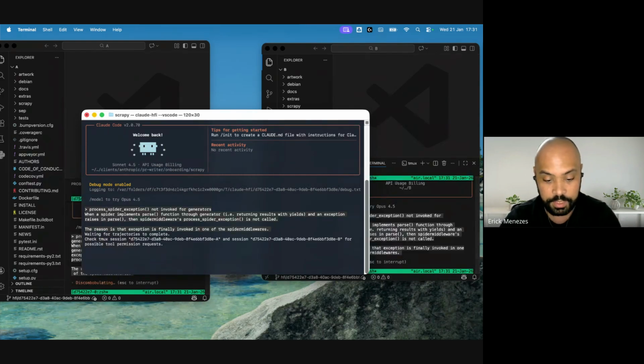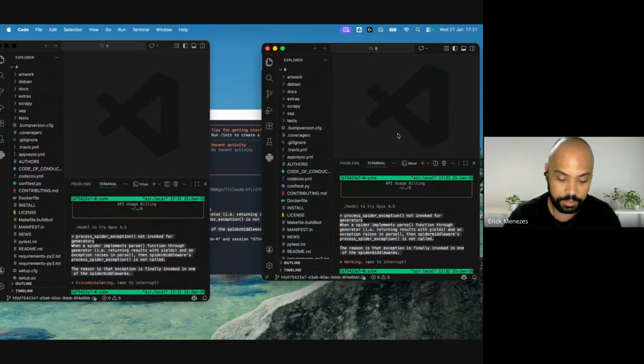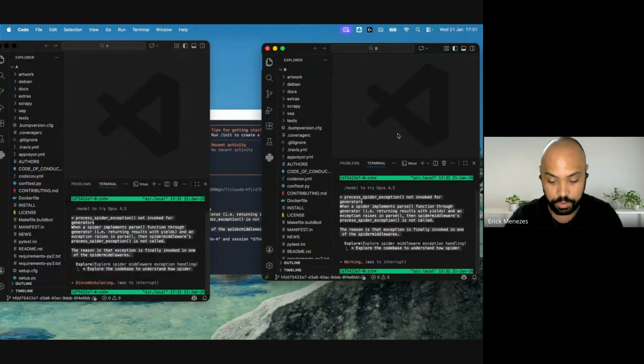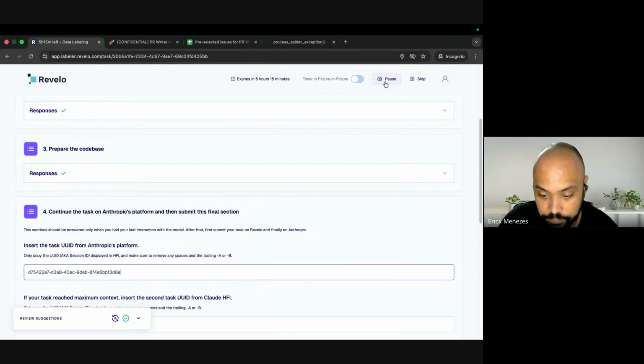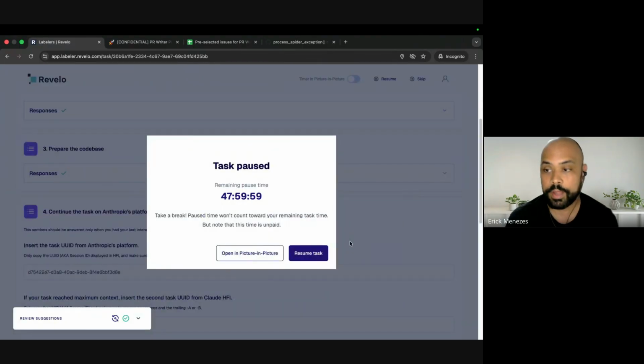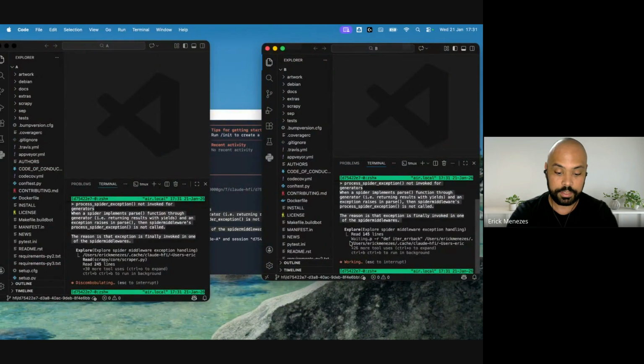Now they have started thinking. You can see here a lot of things. And now what you have to do while the models are thinking, you have to come here to the platform and you have to pause the task. Why are we pausing the task? Because now we are not doing any actual work. All we have to do is wait for the models to solve the issue, okay? This can take a few minutes or about an hour, so that's why. And, well, you can do whatever you like in the meanwhile, okay?